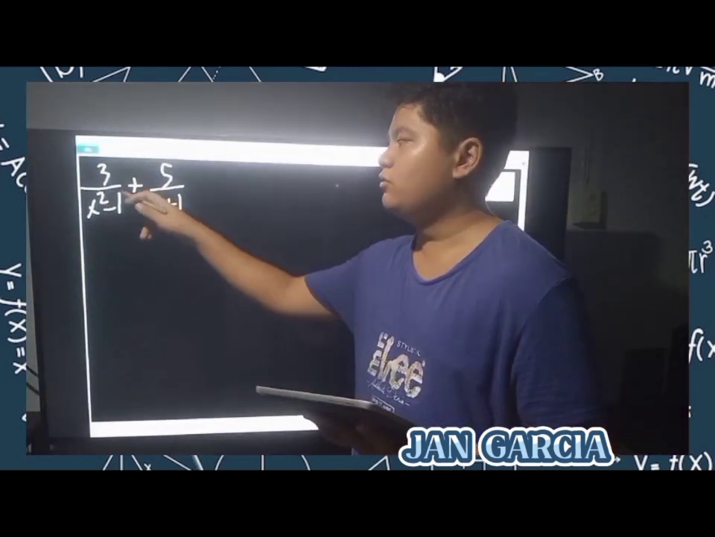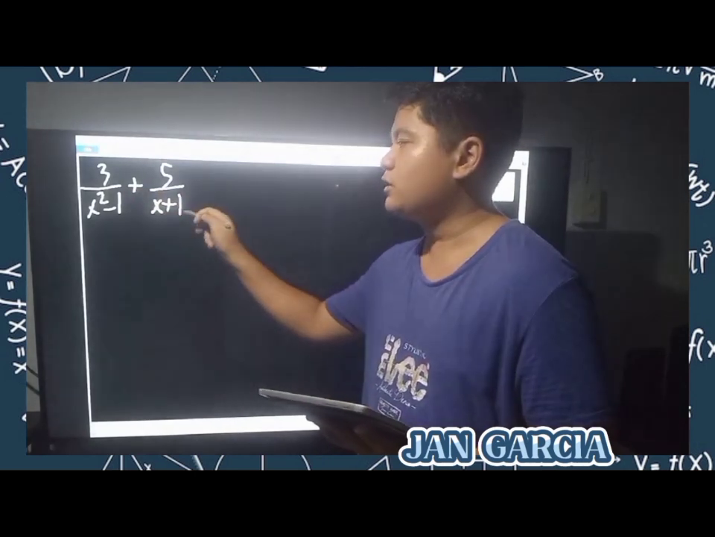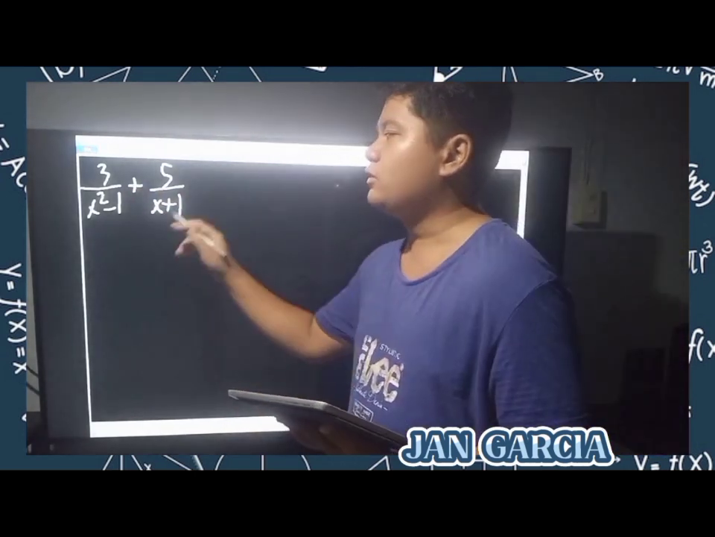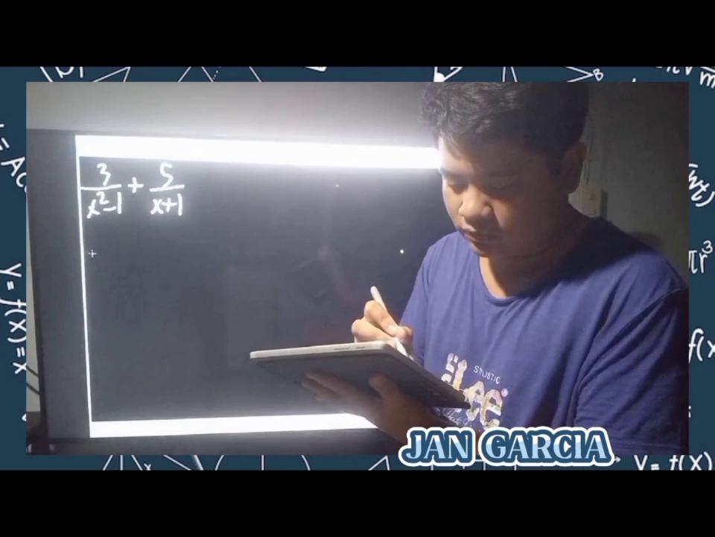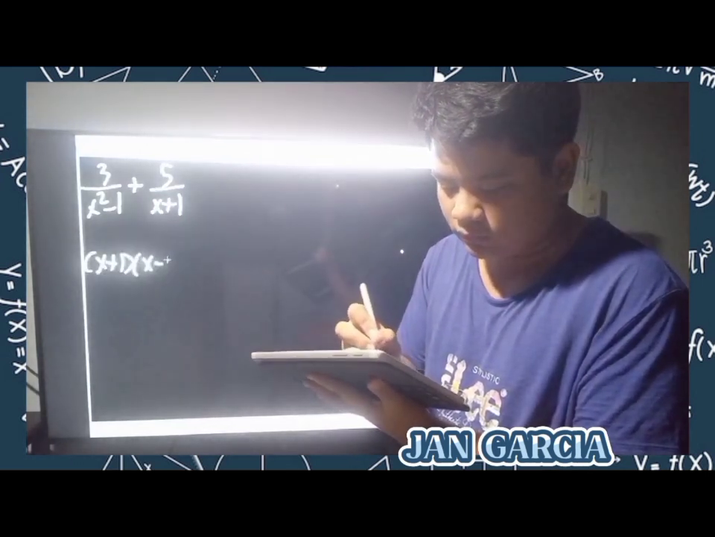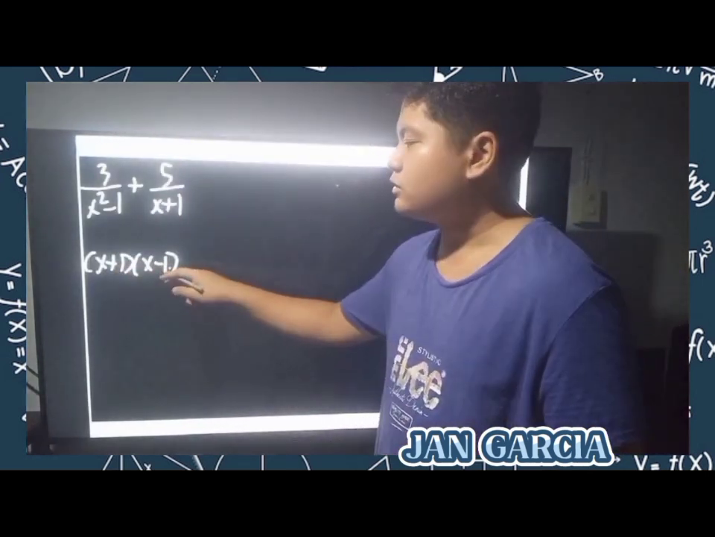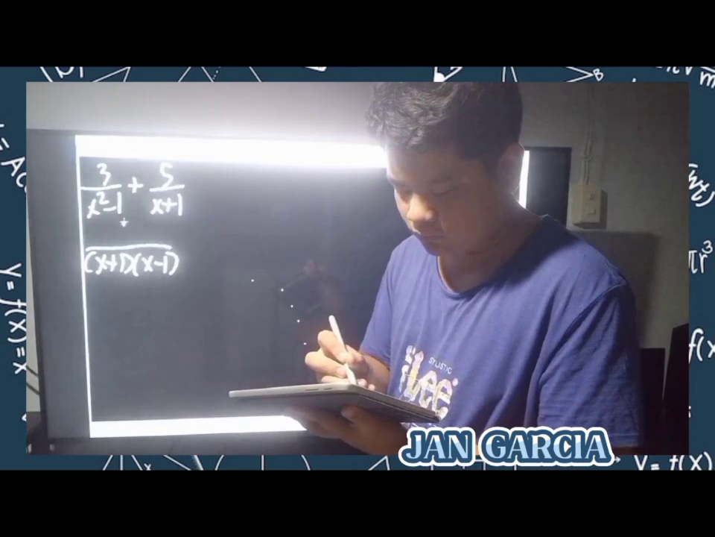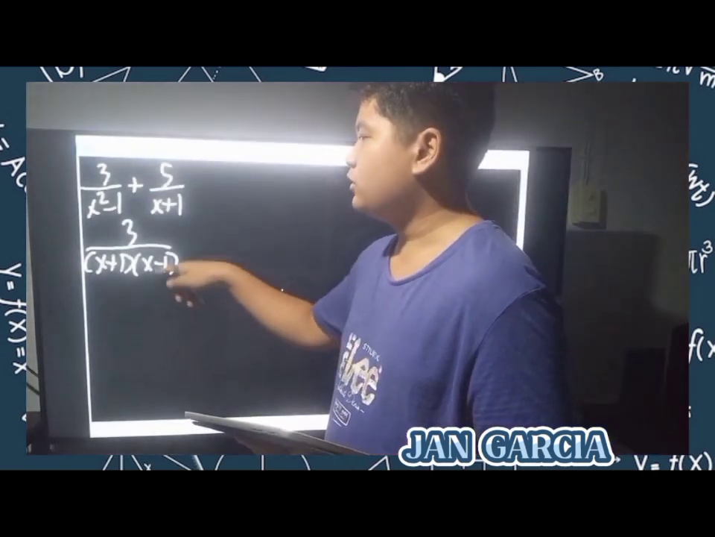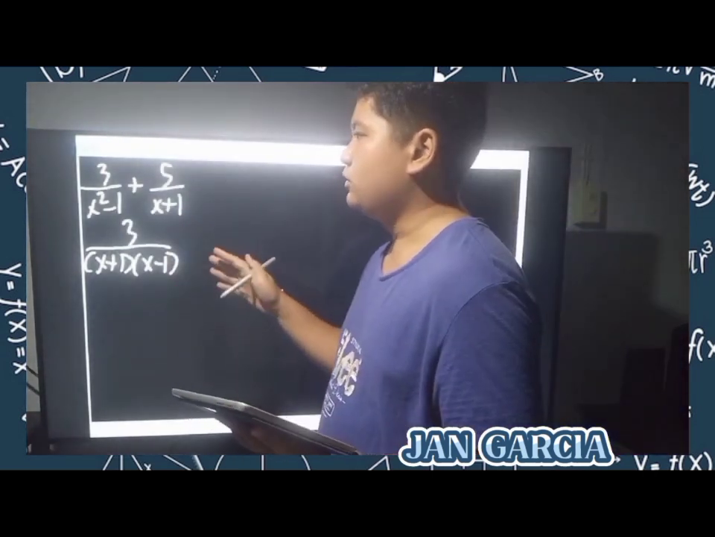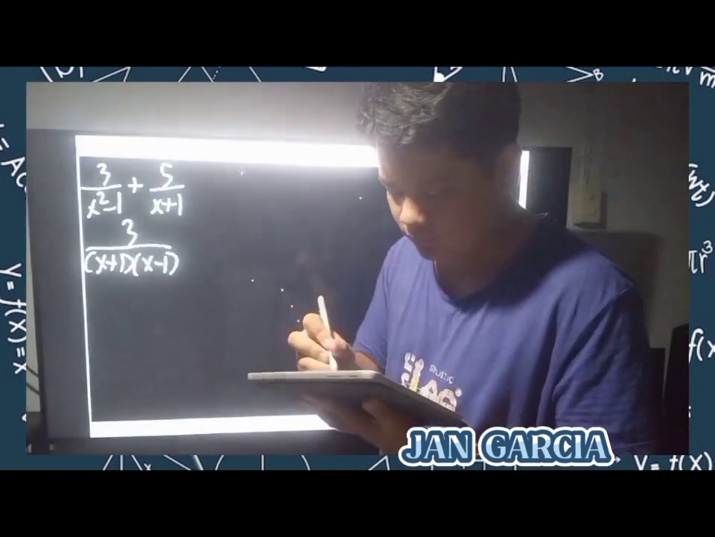The example is 3 over x squared minus 1 plus 5 over x plus 1. First, you must factor the denominator, and you can factor x squared minus 1. The factor is x plus 1 and x minus 1. Now we must find the LCD of these two denominators. So they will be similar. And the LCD is